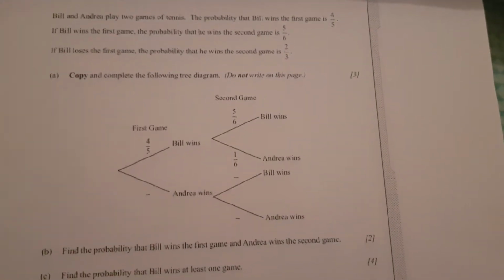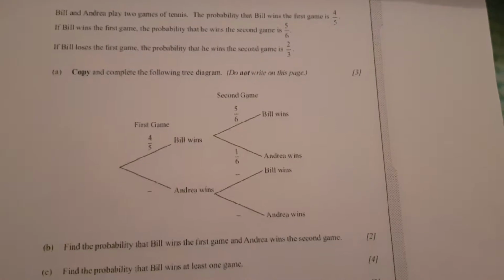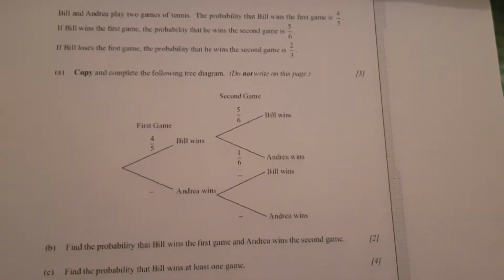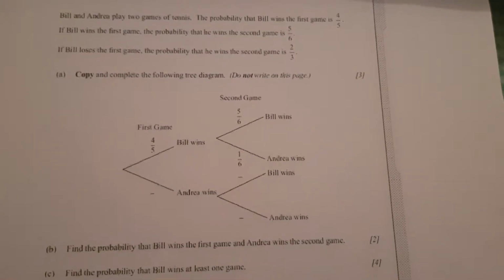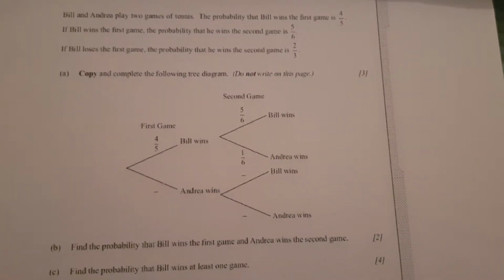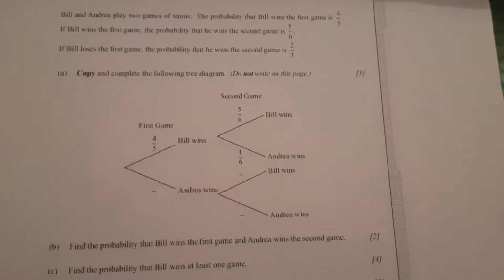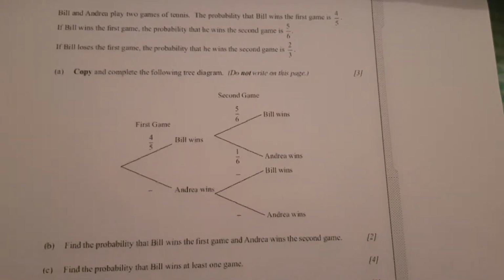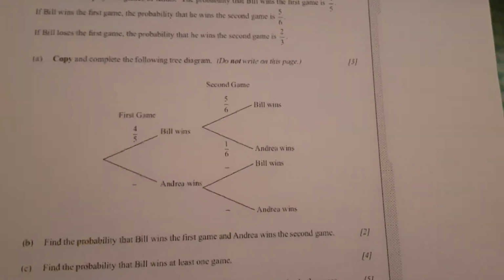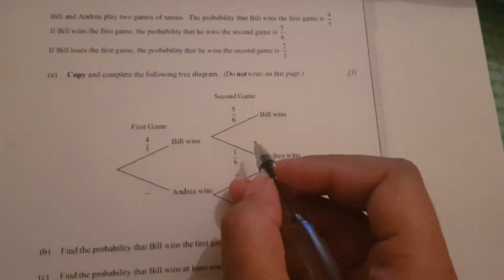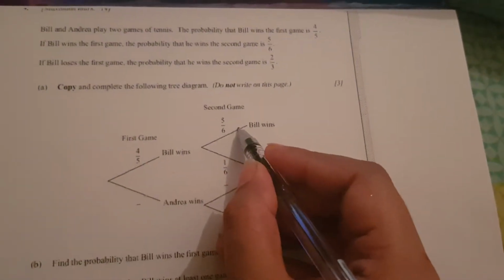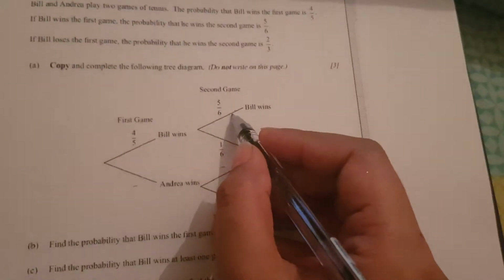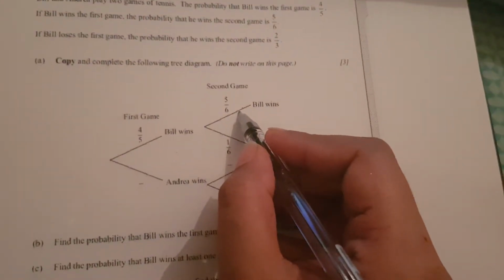Bill and Andrew play 2 games of tennis. The probability that Bill wins the first game is 4 over 5. If Bill wins the first game, the probability that he wins the second game is 5 over 6. So the first game he's winning is 4 over 5, whereas the second he's winning is 5 over 6. Fine. If Bill loses the first game,